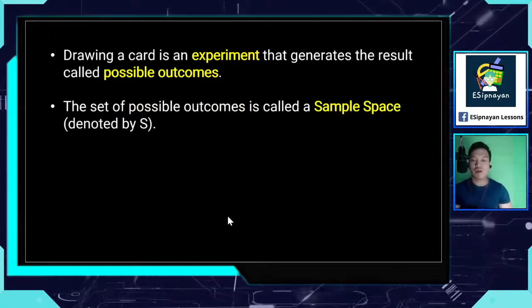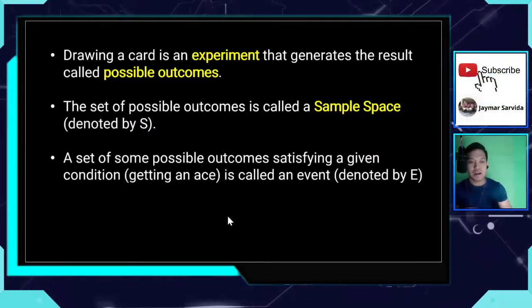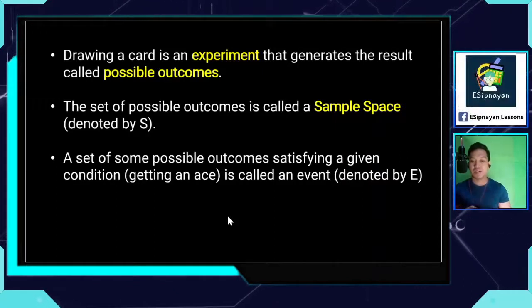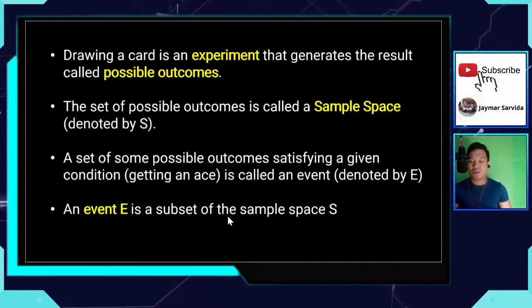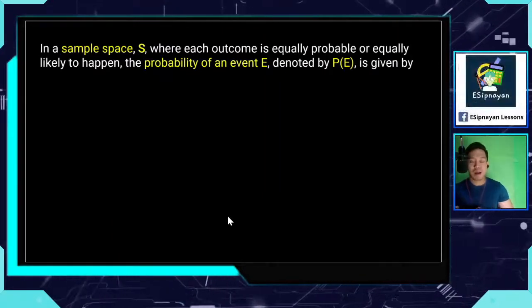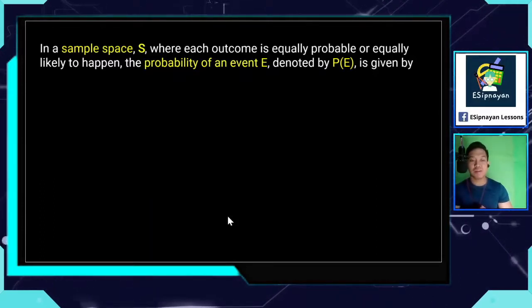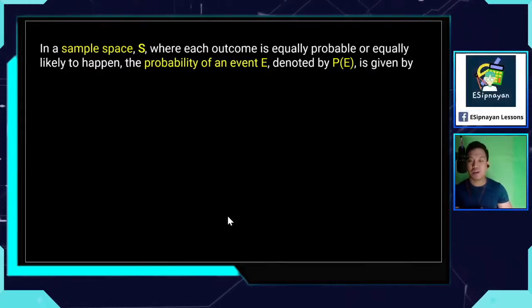The set of possible outcomes is called a sample space, denoted by a capital letter S. A set of some possible outcomes satisfying a given condition, like getting an ace, is called an event, denoted by a capital letter E. An event E is a subset of the sample space S. In a sample space S where each outcome is equally likely to happen, the probability of an event E, denoted by P of E, then